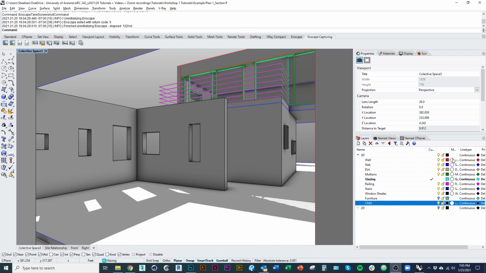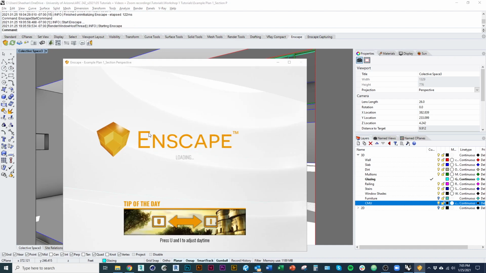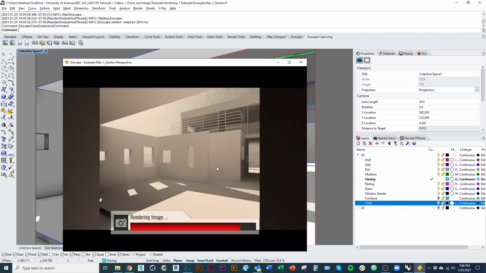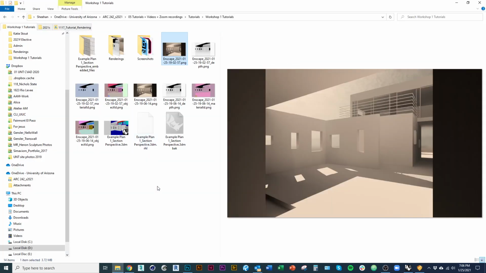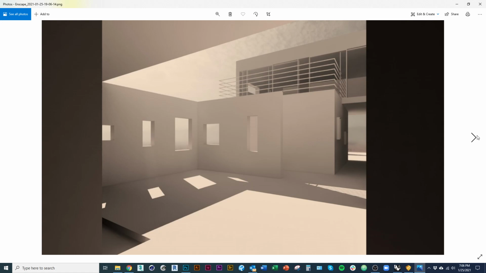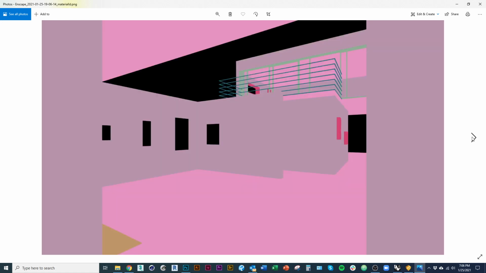Okay, so you can see over here in my layers panel, I've applied a different material to each object. Remember, I stopped my rendering before, so I have to restart it. Give that a second to load. Okay, and then I'll go ahead and capture that frame one more time. And then over here, where that rendering was exported, you can see we now have a different color generated for each separate layer, basically, or each separate material that I've applied to different layers. And that, again, makes my life a little bit easier, so I can select by material when I'm working in